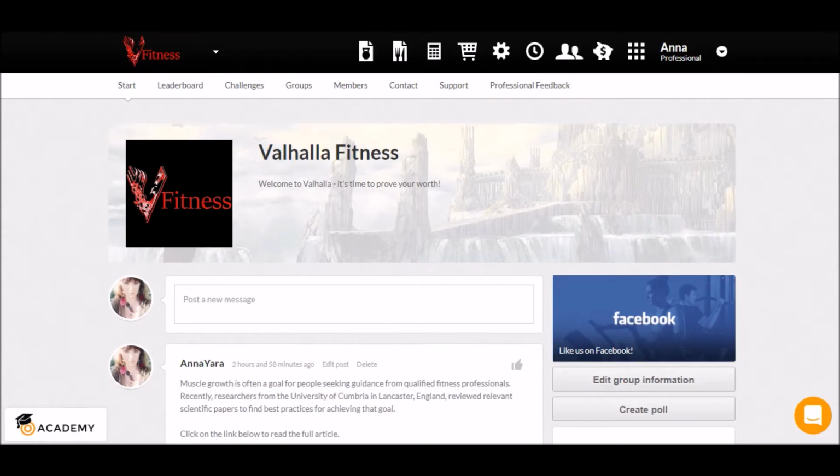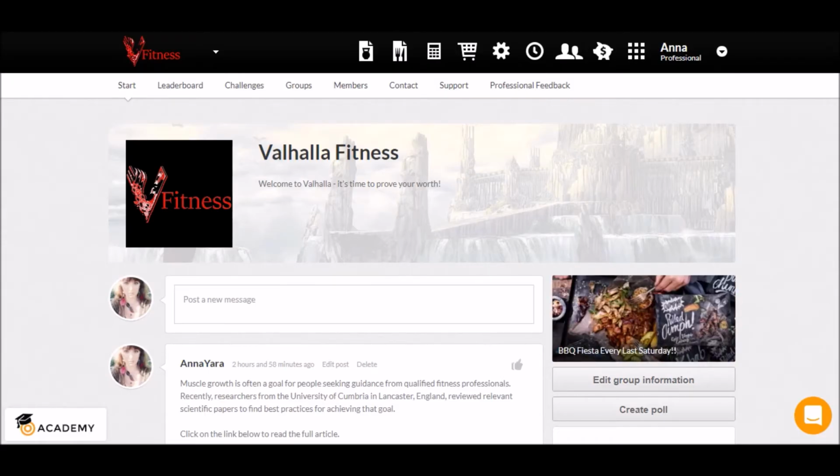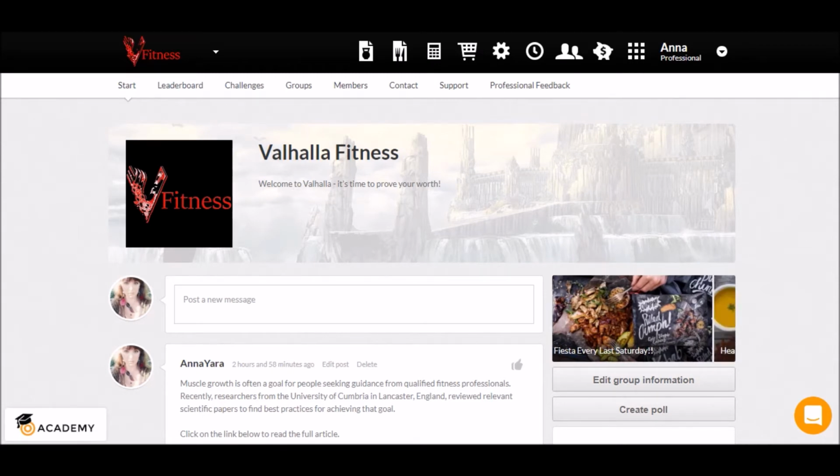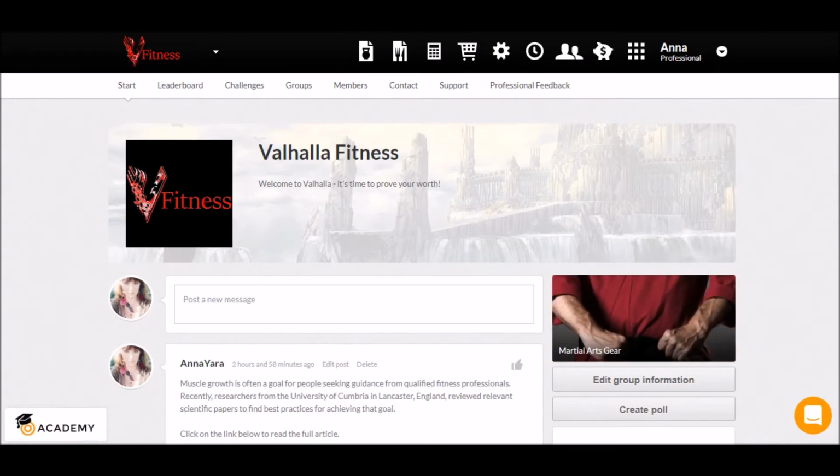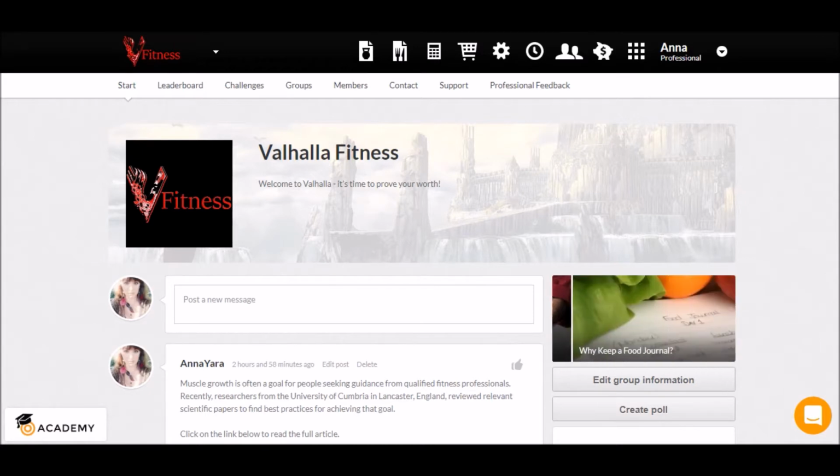Welcome to your community page. This is the first page that your clients will see when they log into your portal. Some of you may have already had the portal styled while others are doing it themselves. And of course, you are more than welcome to reach out to us with any questions or if you need